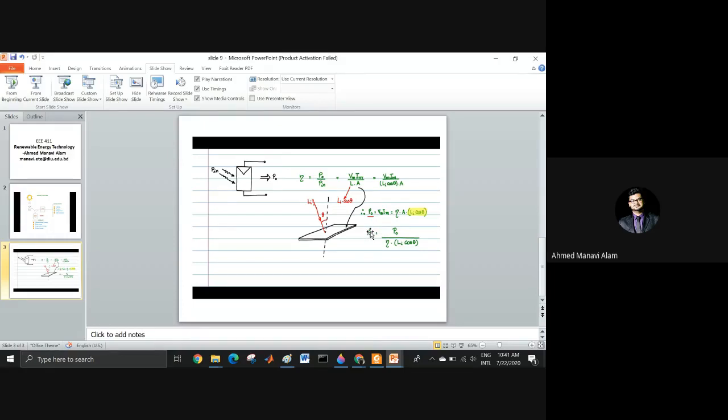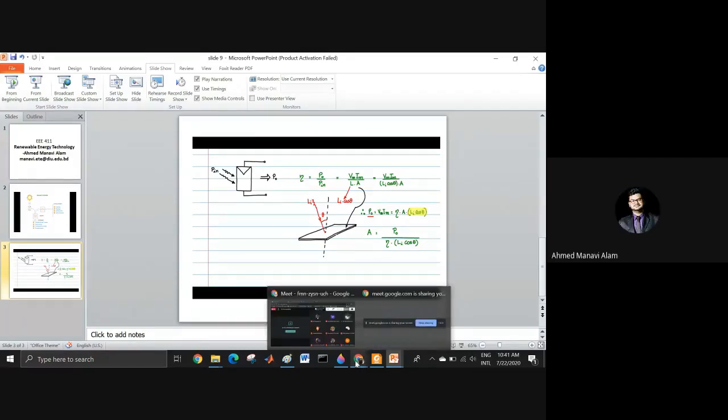So just the subtle difference from the earlier formula is that we are not considering the solar insolation to be exact. যখন দেখেন solar insolation is directly upon the PV cell or the sun is directly above the PV cell, then what is the theta? একটু মাইক অন করে বলেন তো। আচ্ছা চ্যাটে লেখেন সবাই। If sun is directly giving us the sunlight on the PV cell, what is the value of theta? 0 সবাই sir. লেখেন।